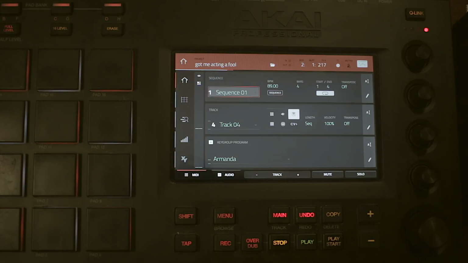So welcome to the video, and today we're going to have a look at a key group that I created. The thing about this key group is that it contains several different sounds. It actually has 32 different sounds. And the idea behind it is just a key group that you can write a melody on and write